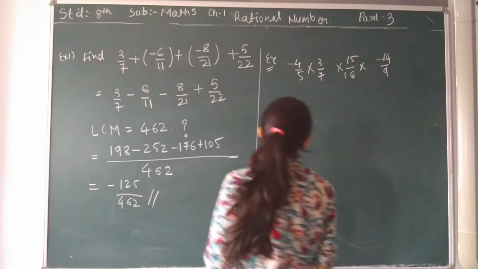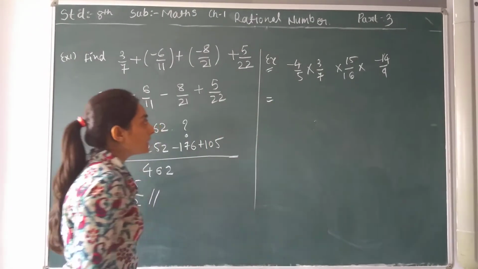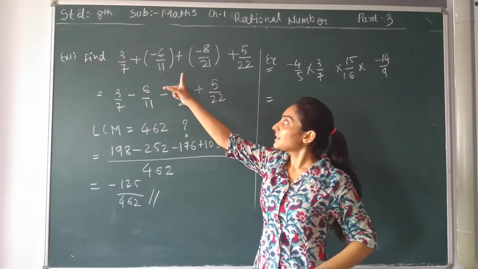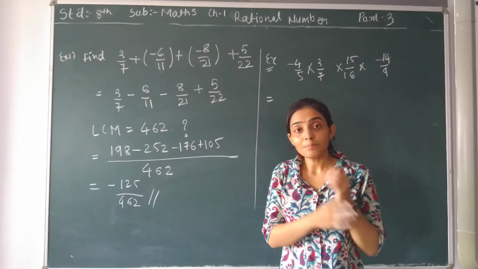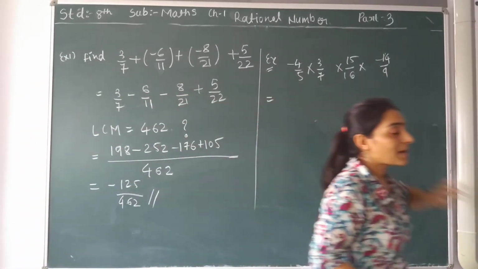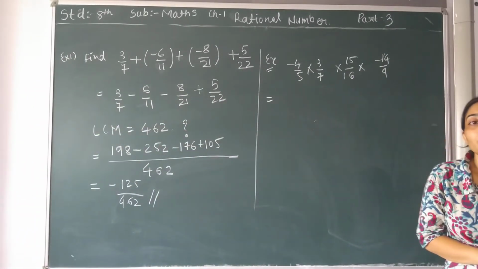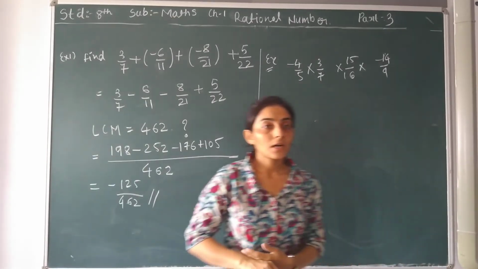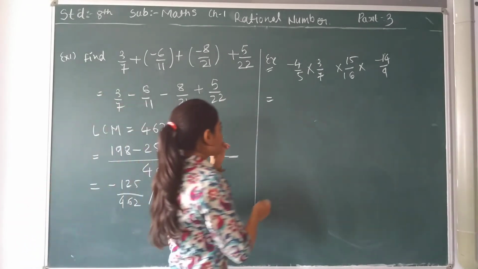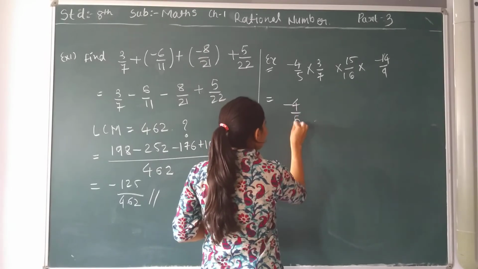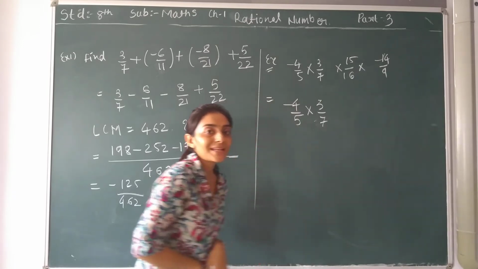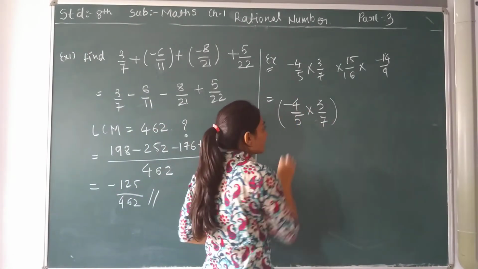Okay, now look at over here. What I am going to do is, all things are in multiplication. See, if all things were in addition and subtraction, signs are there, it means that they are fractions with different denominators, so we have to take the LCM. Here all things are in multiplication, so there is no need to think of LCM. We just see which are the common things and just cut them down. So the minus 4 divide 5 into 7 divide 3. Let me just make the group so that it will be easy for us.